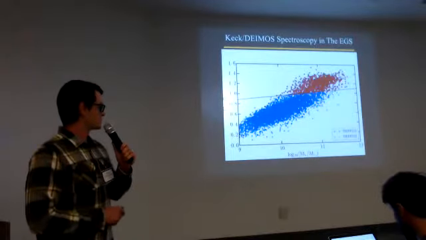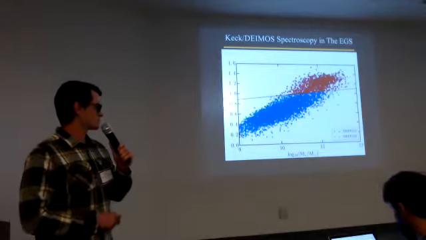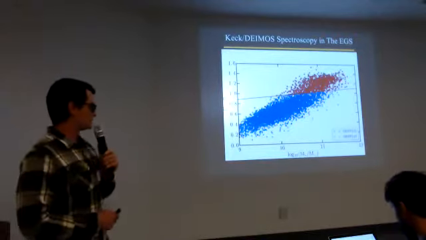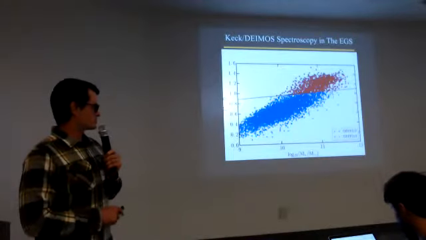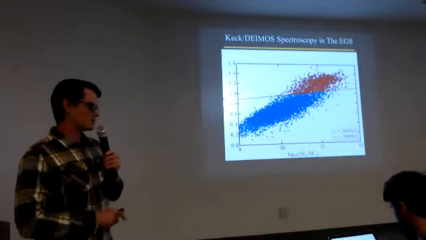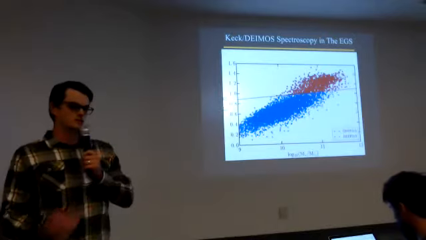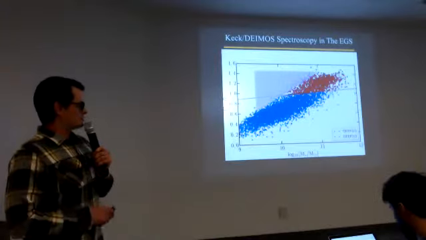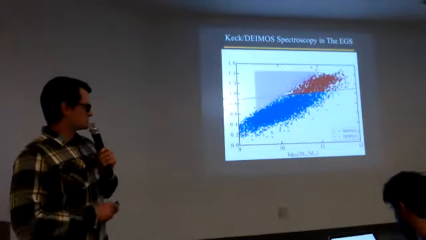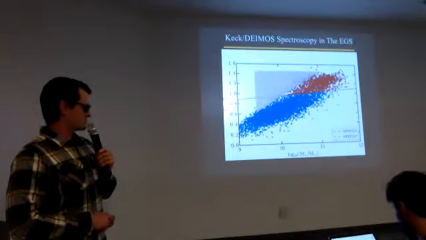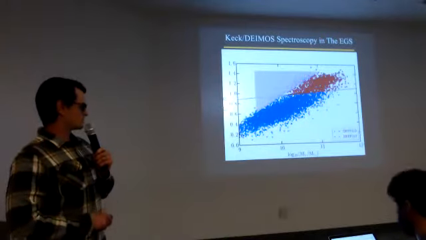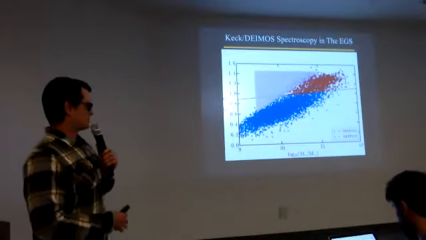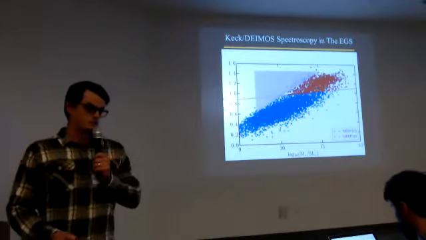What I'm showing here is the U-B color as a function of stellar mass at roughly redshift 1 for this survey. You can see this sharp trend right here where the data seems to cut off, and that's just a consequence of the selection effects in this survey. So what I'm interested in is this region of parameter space specifically. We want to understand the quench fraction at roughly 10^9.5 in stellar mass, and the DEEP survey basically doesn't detect any of these objects.